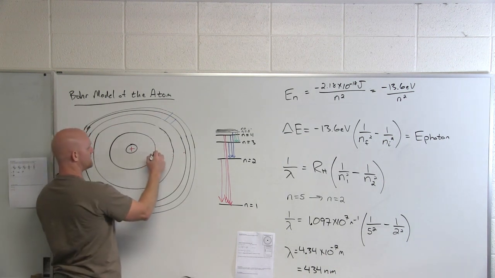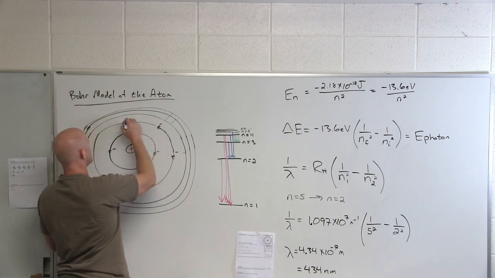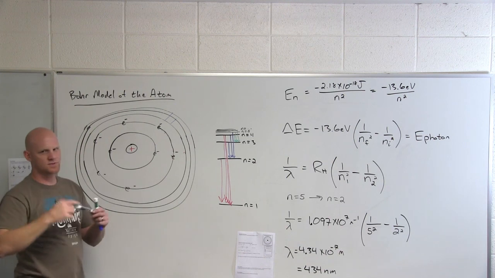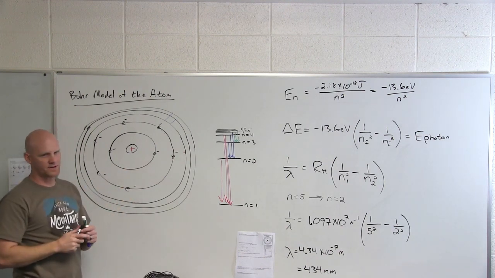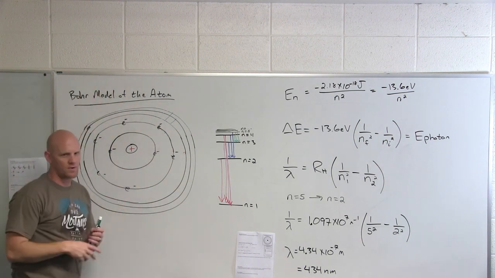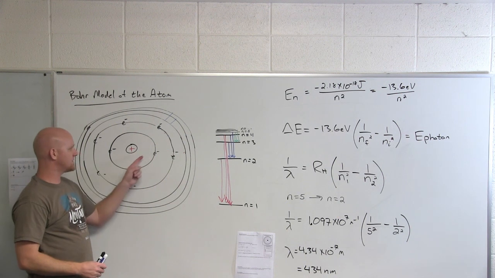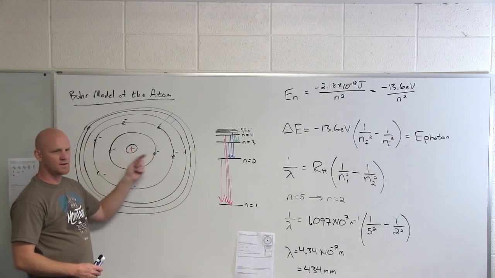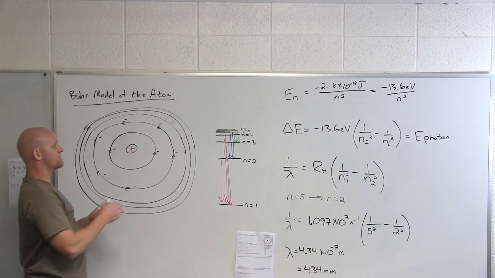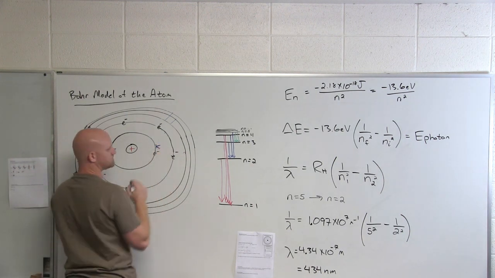But let's just say we've got electrons in these shells, and we've got several electrons in a lot of these shells, and all this stuff. So let's say I hit this with a high intensity beam of electrons, and that beam of electrons hits this electron and ejects it clear out of the atom. So that's going to create a hole in the 1s orbital. And for the purpose of X-rays, we refer to the 1s orbital here as the K shell.